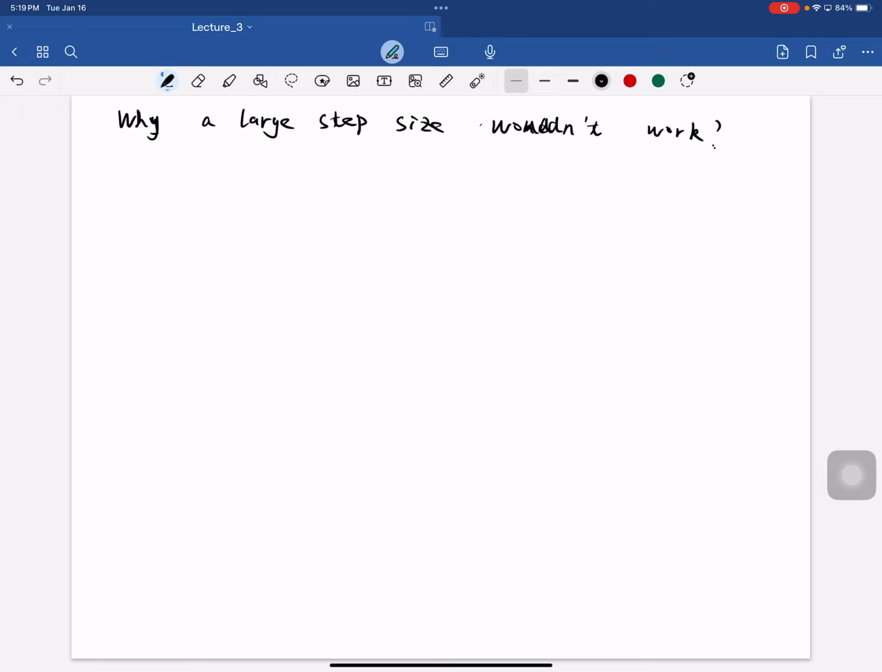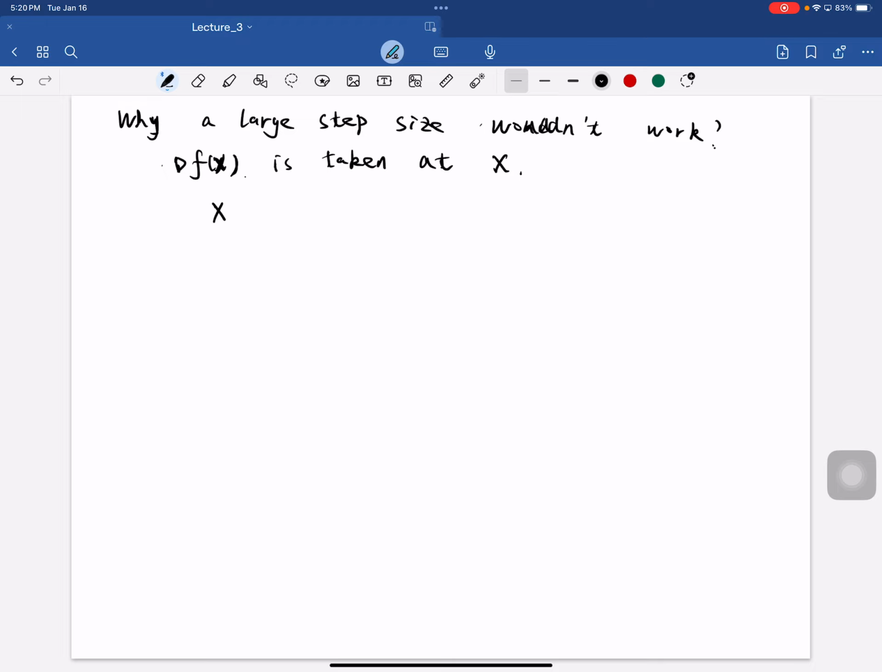Okay. So the reason is that if you take a large step size, the gradient may not be valid when you deviate sufficiently from x, right? So note that the gradient is taken at a given point x. So when you deviate too far from x, this gradient is a poor estimate of the gradient at a different point, right? So in other words,